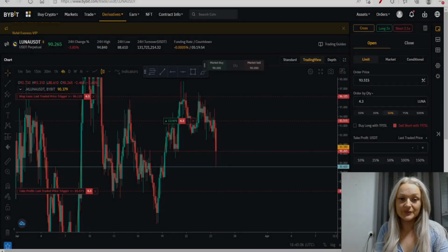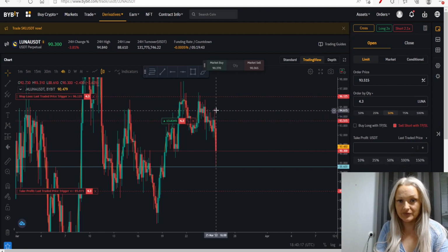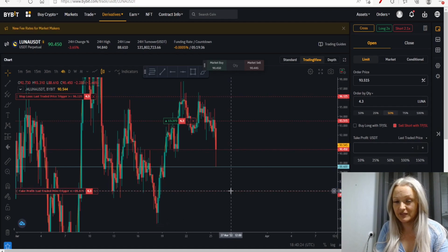We're starting off directly with going into BuyBIT, and this was the trade that I was speaking about today on the live stream, that I did have a sell limit order on Luna, which got activated on this candlestick right here, or this wick. The market activated my sell limit order and we're heading back down to my take profit that I'm having at